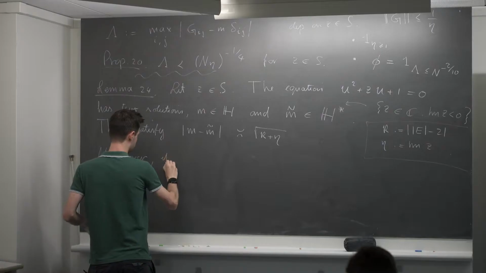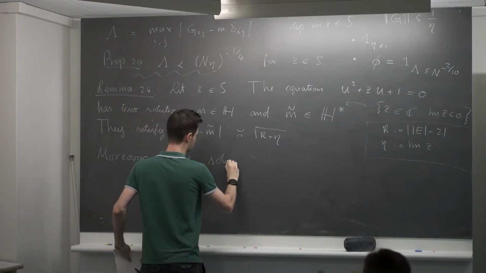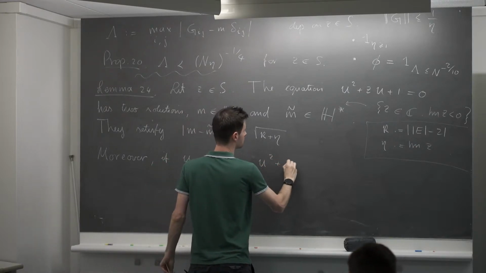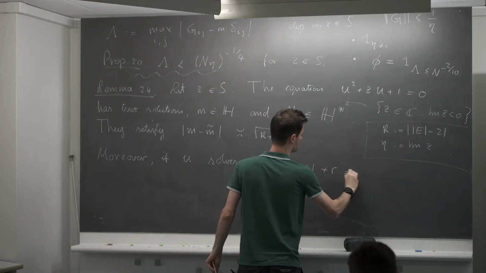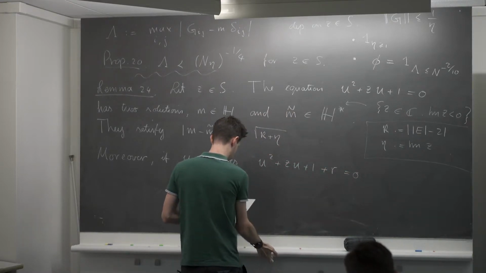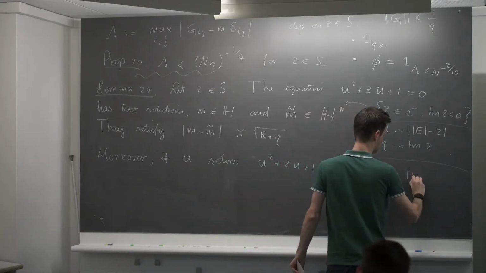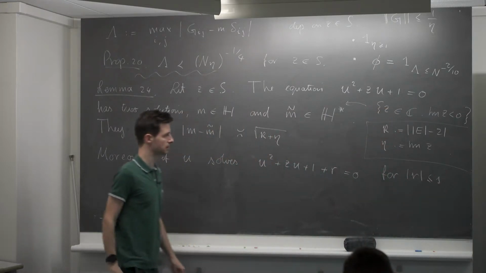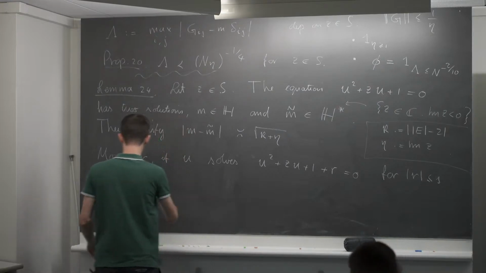So if u solves the equation for some r, and let me assume r is a complex number and it's bounded in absolute value by 1,